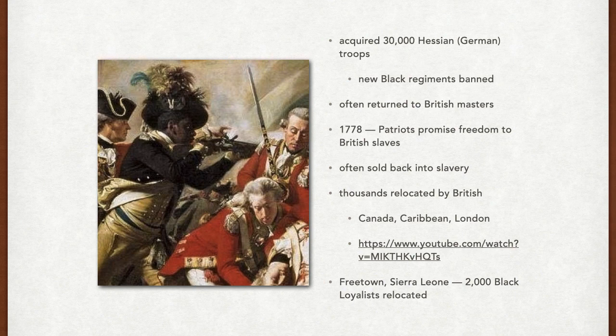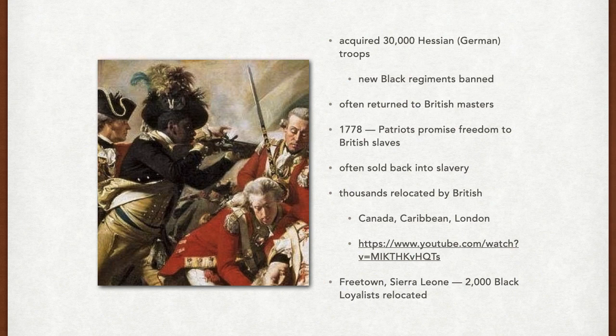After the British eventually lost the war, they did take thousands of freed slaves with them, so they did keep their promise to thousands of Black Loyalists. These Black Loyalists were resettled in the Caribbean colonies, like Jamaica. They also were taken to Canada and London. However, Canada's climate was hard for freed slaves to adjust to because it's so cold, and the poor blacks of London had difficulty finding work. So they promised to free you, but they didn't promise you a better life.